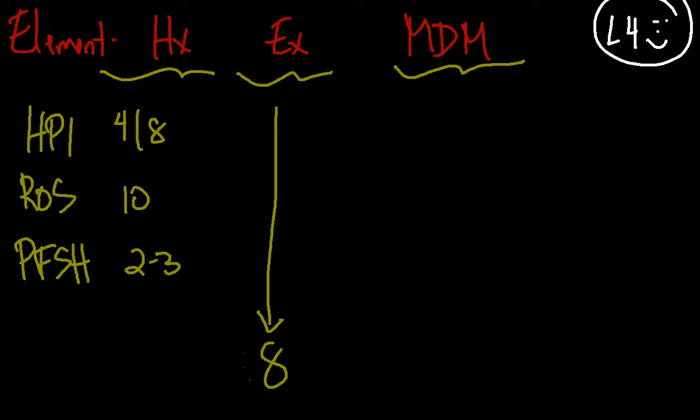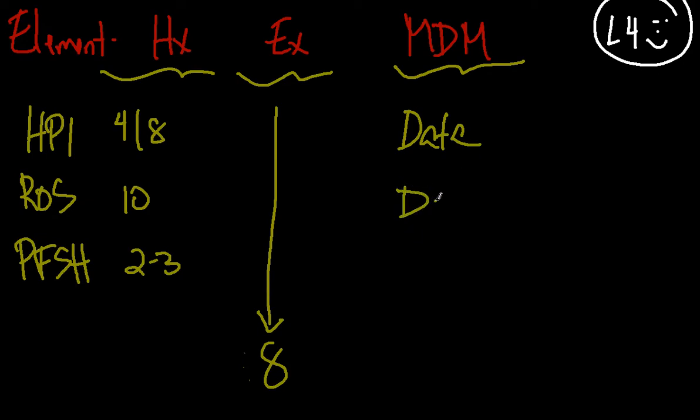Alright, let's talk about the MDM element, the components that make up this element, and in this particular video we're going to talk about the scoring system, because the scoring system for MDM in particular is different than the scoring system for the history. First, let's talk about the components. There are three components: